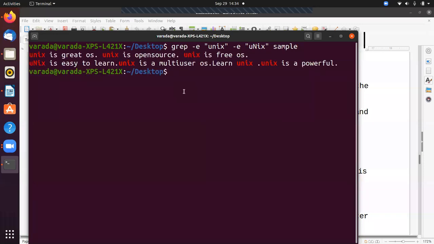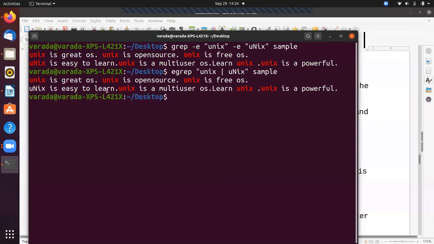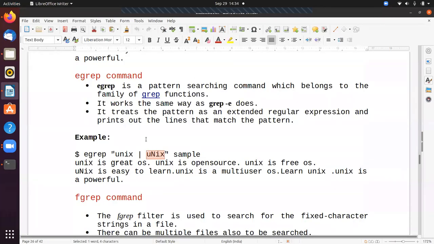The same we can execute with egrep, in double quotation marks, giving unix and uNIX, and the file name. In this way you print the same output by using egrep. Egrep means extension of grep.